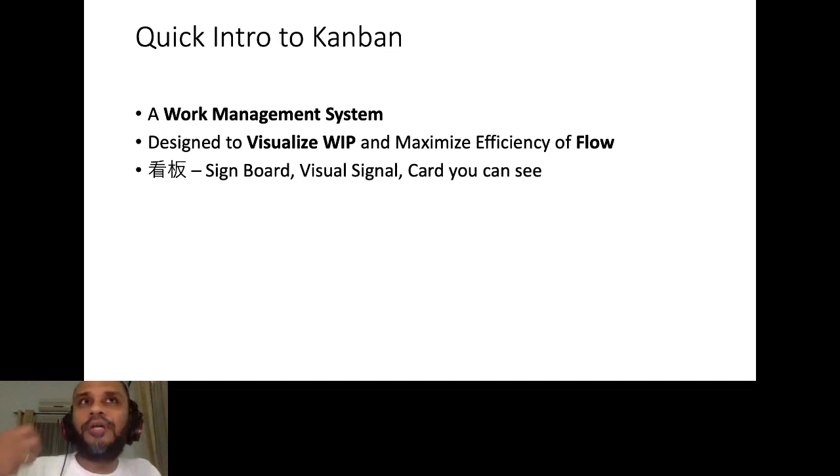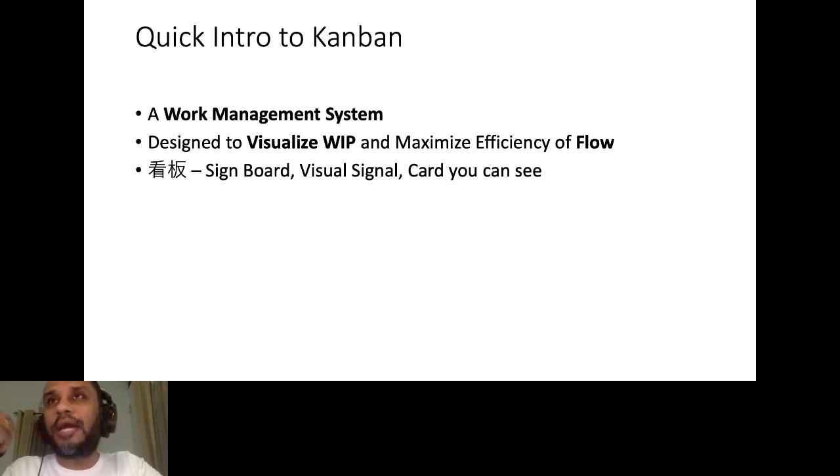And whenever any of these parts are needed, the person who's doing the work will raise a Kanban card, saying, okay, I need these things now. So Kanban actually supports just-in-time work, JIT.